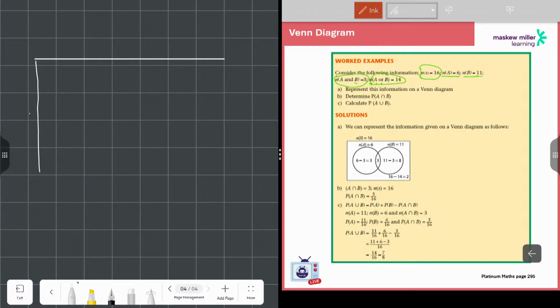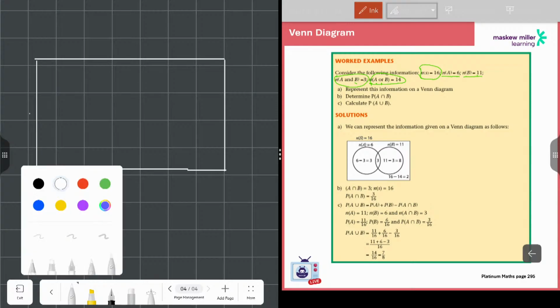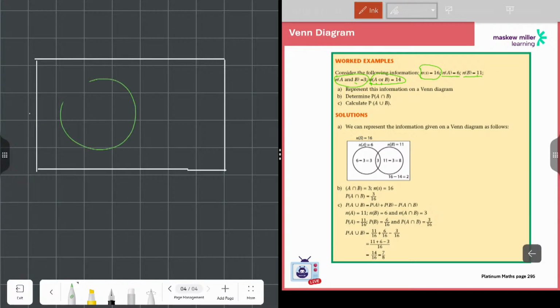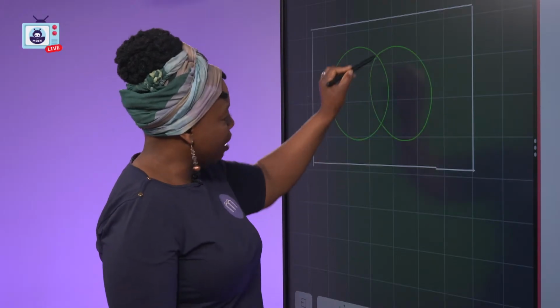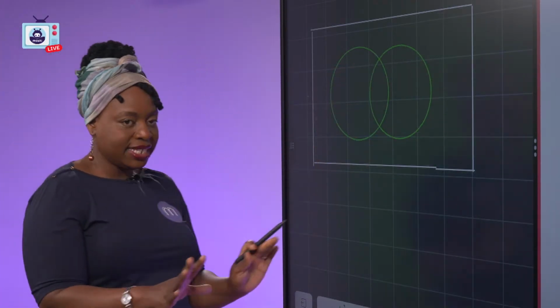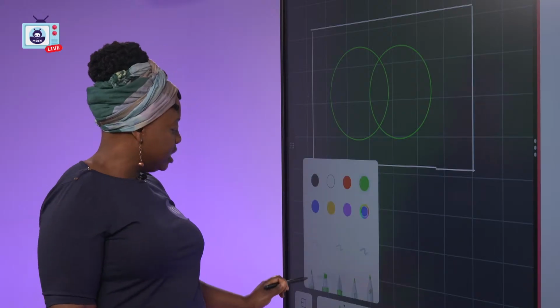I always start with the sample space because it is easy to forget it, especially when you are writing an examination and you just rush and then you draw only the circles. You forget that this is a sample space. You have to show that it is inside some sort of a sample space. So please try to do that. It might work, because it does work for me when I'm starting like that. So that's the first tip: start with your sample space, draw your intersection properly, and then the second tip will be